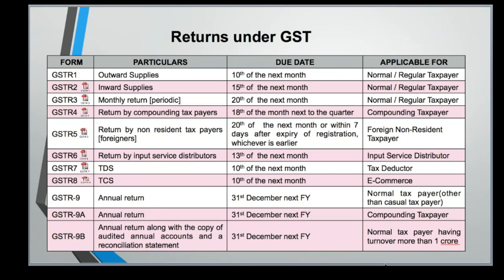So the consolidated return of outward supplies and inward supplies, GSTR 3, will include everything: zero rated, interstate, debit notes, credit notes. Everything would be set off and the eligible credit would be reflected in GSTR 3. The total credits after reversal under Section 17(5), or if you are using something for non-business purposes, common credits are there. After setting off all those, the GSTR 3 return would be prepared and you have to file it by the 20th of the following month, and payable tax should be paid with the filing of GSTR 3.